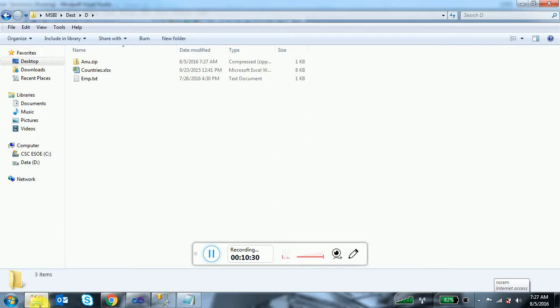If anybody wants to open this zip file, I want to set a password. What is the password I am going to set? For example, you just come to process, and under this syntax, at the end you have to add a space, hyphen p, and double quotes.